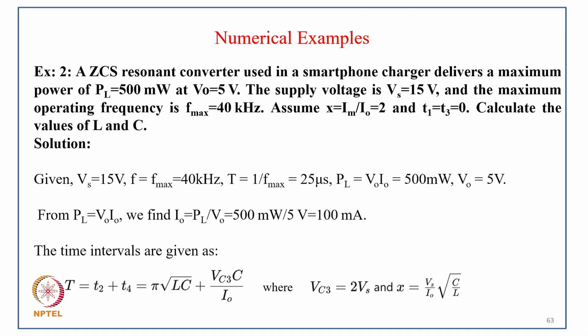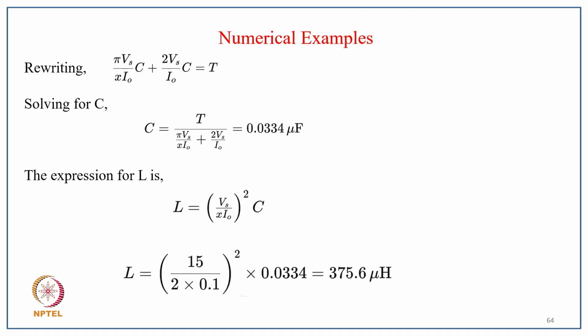5 volt. So from here we get I0 equal to 100 milliampere and the time interval is given as T equal to T2 plus T4, equal to pi under root LC plus Vc3 C upon I0, where Vc3 is equal to 2 Vs and X equal to V0 upon I0 under root C by L. So rewriting: pi under root LC plus 2 Vs C upon I0 equal to T, and solving for